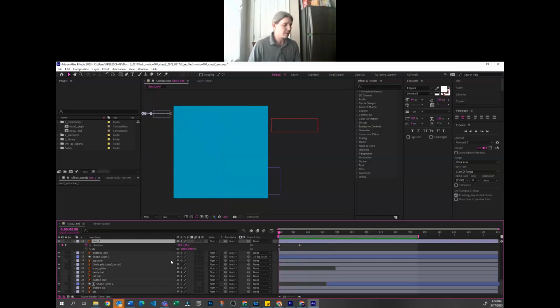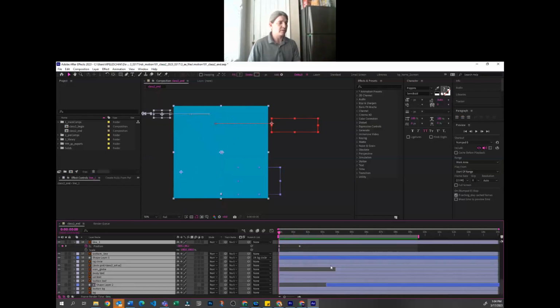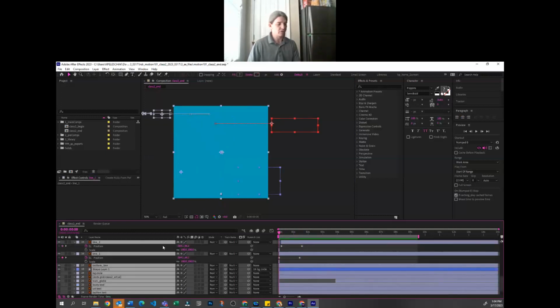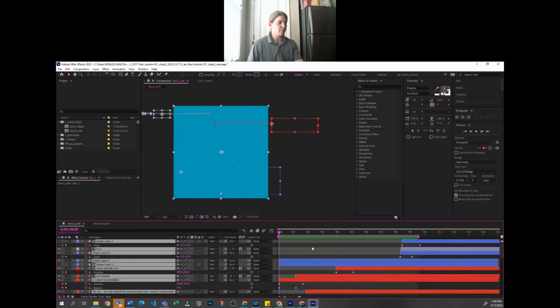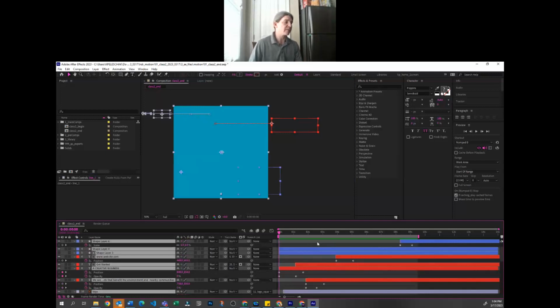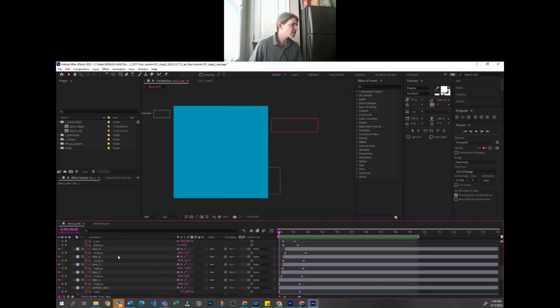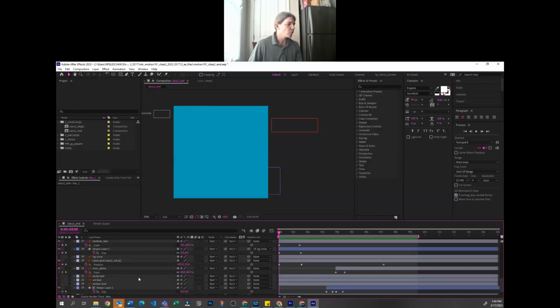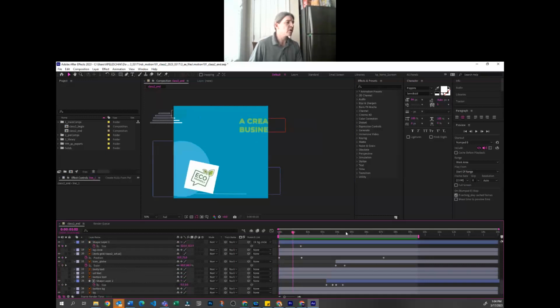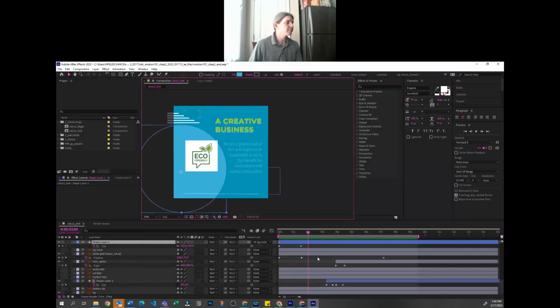But if you select all of the layers by hitting Control A, and hit U, it might be UU, hit it twice, it'll show you all the different keyframes in here. You can start to see what's going on with some of these. So, like this circle here